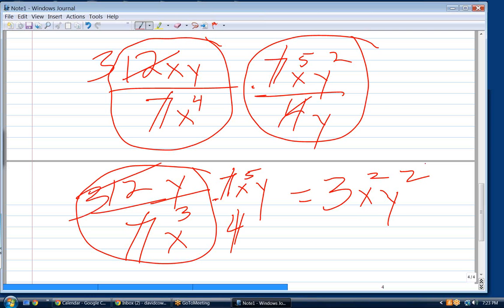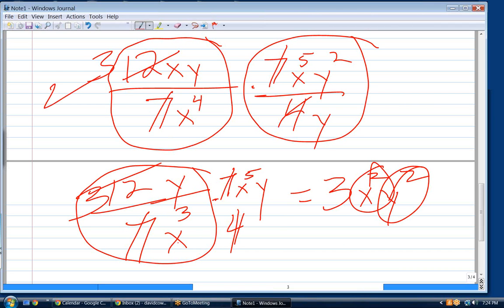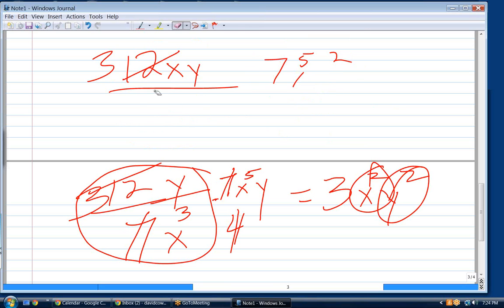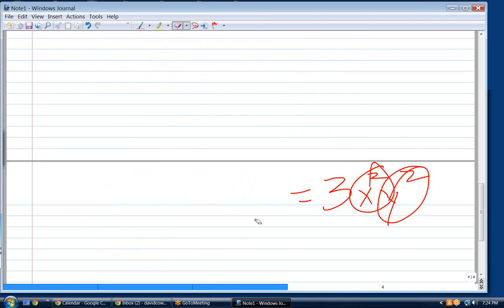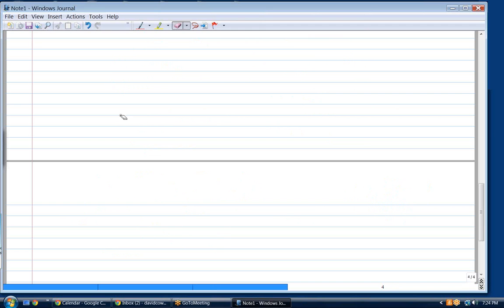And now I still get y squared in the numerator, and x to the 5th over x to the 3rd is x squared in the denominator. But doing it this way, I had to make sure my x was left in the denominator with the proper exponent. There's always multiple ways to skin a cat, and I'm a firm believer in doing the way that results in positive numbers. For the same reason that if I give you this equation,